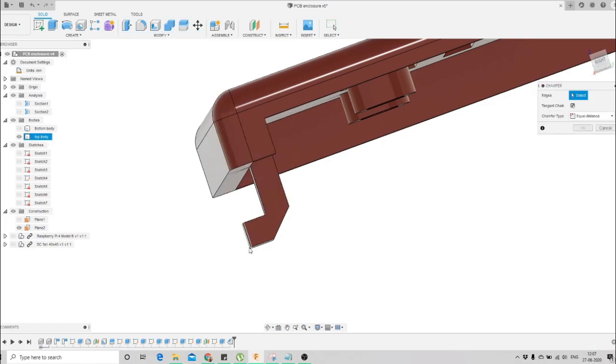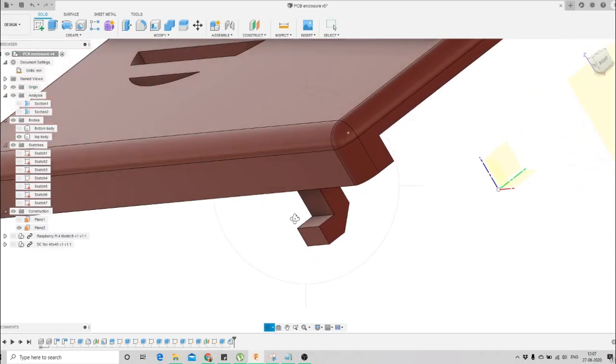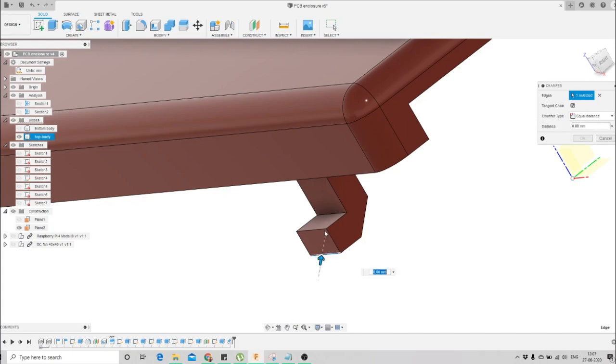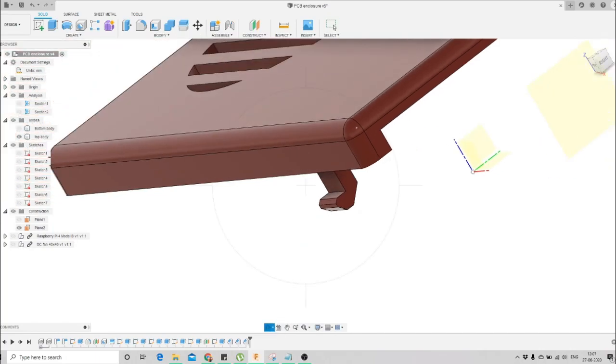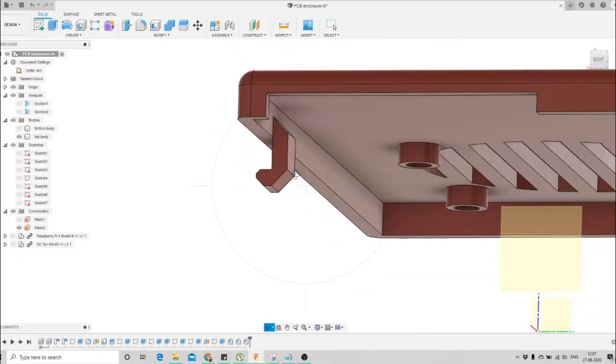We'll apply chamfer at this corner, let's say not at this corner, actually at this corner. We'll apply chamfer here as 1 mm and modify here at 0.5 mm. So this way we had created a chamfer, so now our snap fit joint looks good.